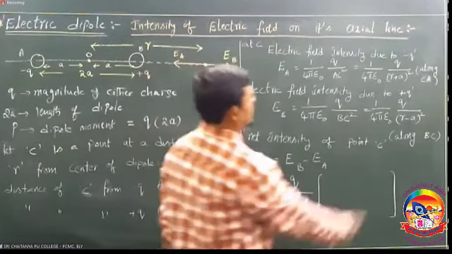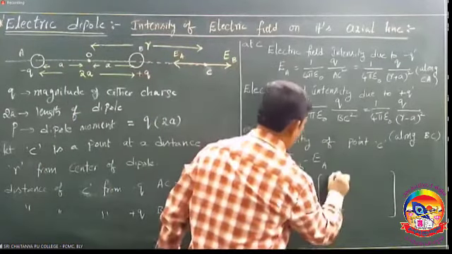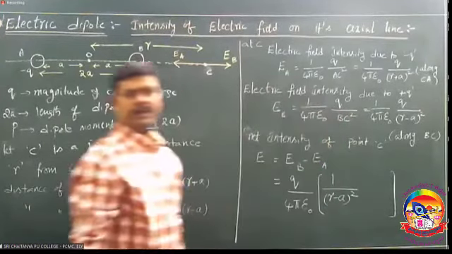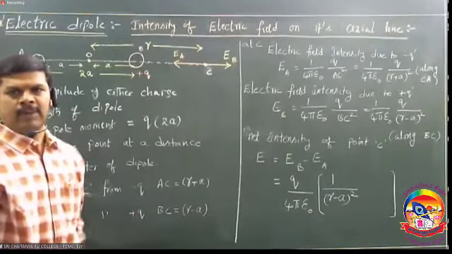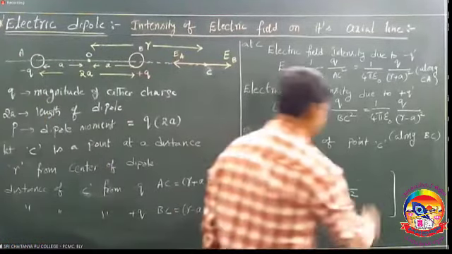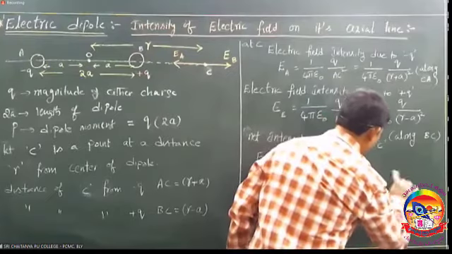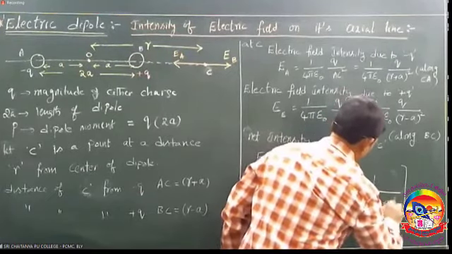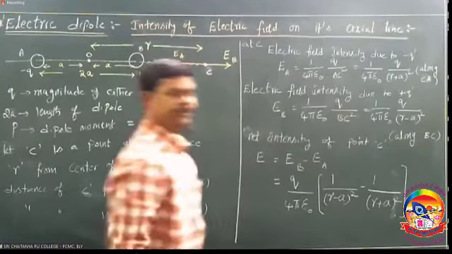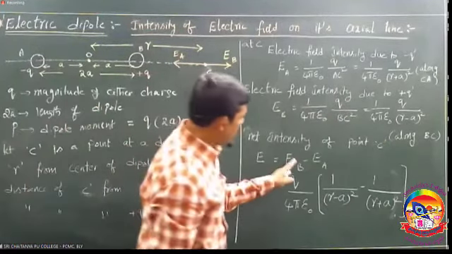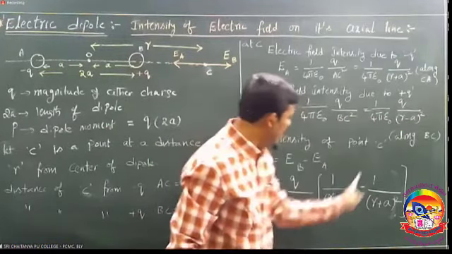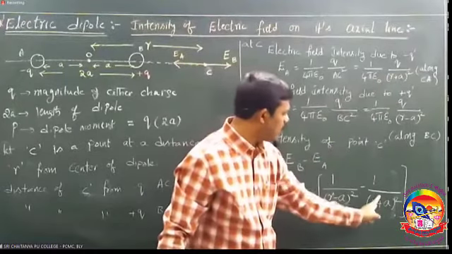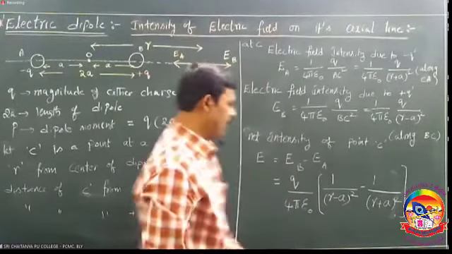Inside, EB is 1 by r minus a whole square, minus 1 by r plus a whole square. Is this clear? In EB, what do you mean? 1 by r minus a whole square. In EA, what do you mean? 1 by r plus a whole square. Well,